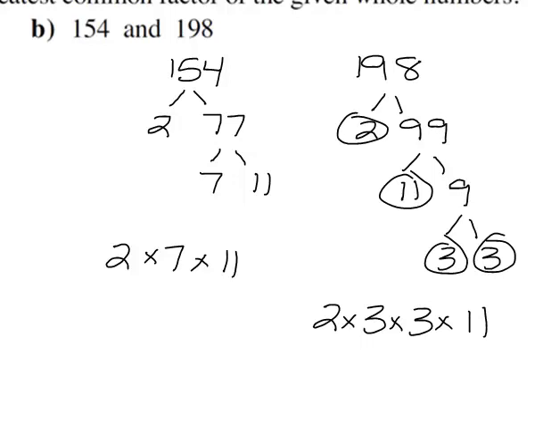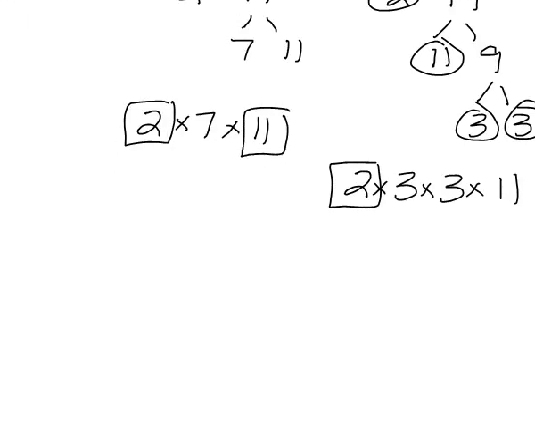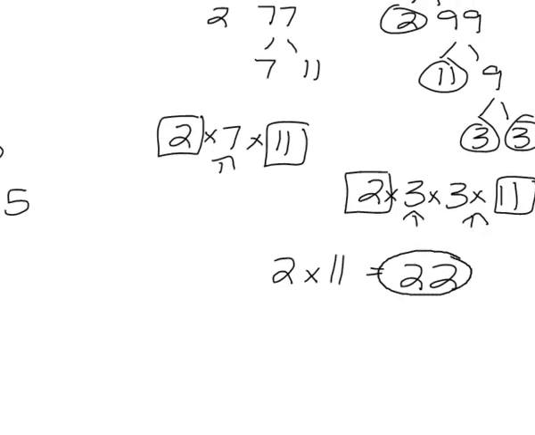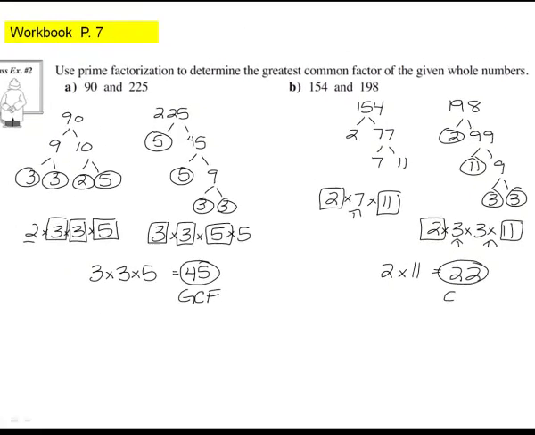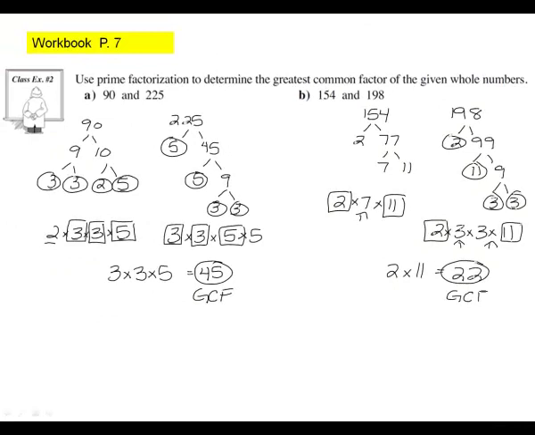Now remember, the key is to find out which prime factors they have in common. So they each have 1 2, and they each have 1 11. The 7 they don't have in common, and these 3s they don't have in common either. So the greatest common factor can be found by multiplying 2 times 11, or 22. The greatest common factor between 154 and